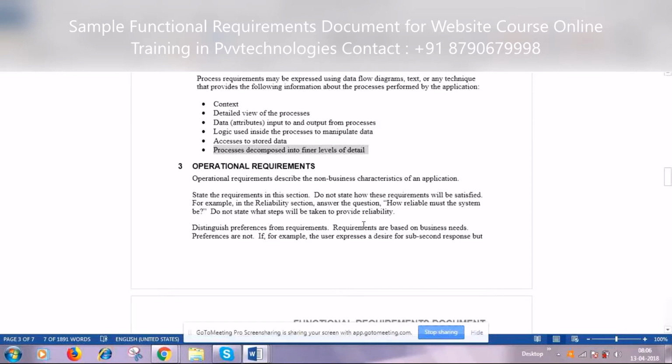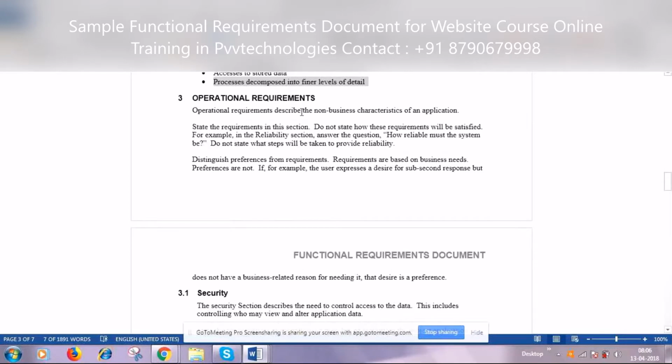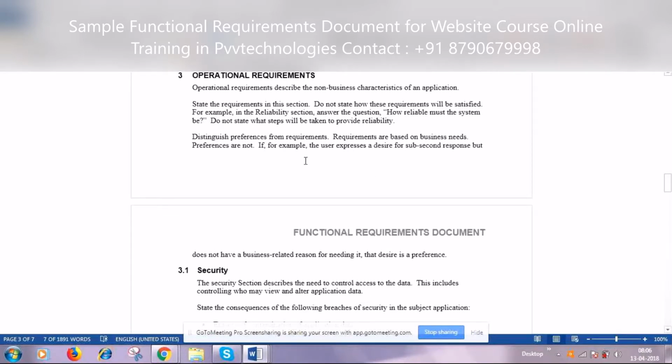These operational requirements describe the non-business characteristics, as is being stated. So we are not going to concentrate much on this, but it is simply about how reliable the system is. These operational requirements are for any business operation to be in place.